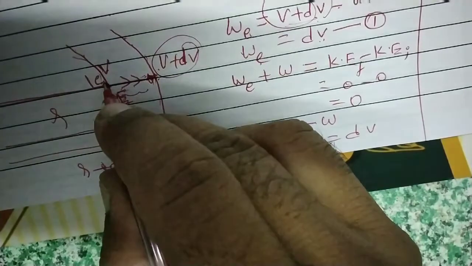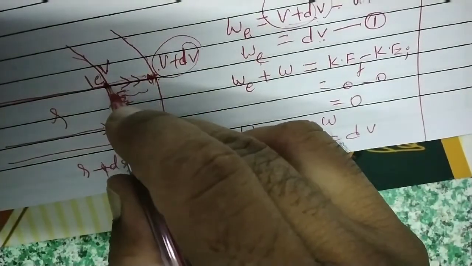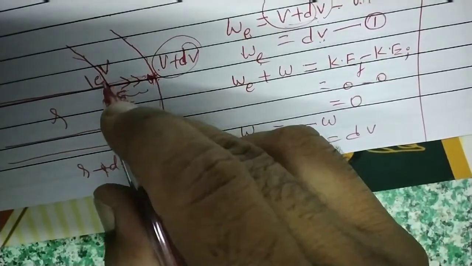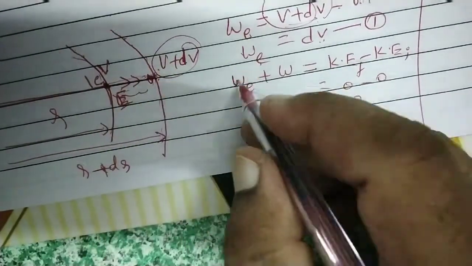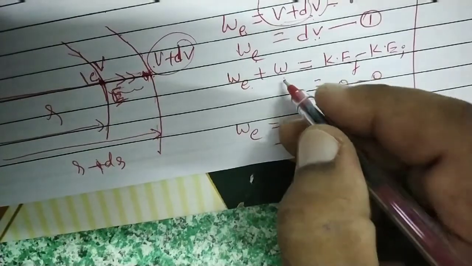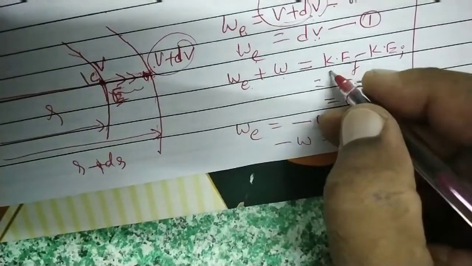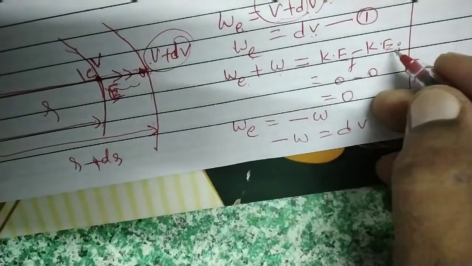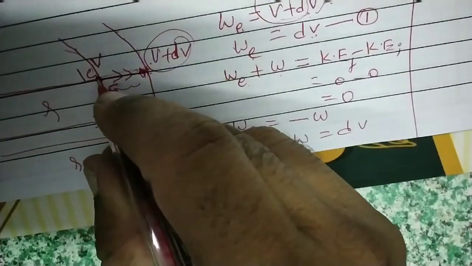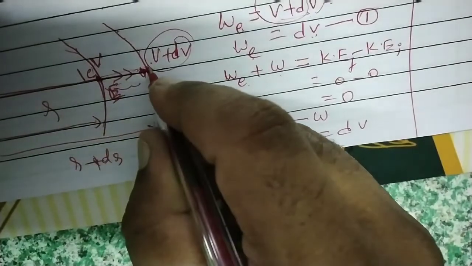But when 1 coulomb charge is being taken, actually 2 works are happening, because it is being displaced in an electric field. So the electric field also does work and we are also doing work. That is, total work done is the work done by the external agent plus the work done by the field, and it is equal to final KE minus initial KE. This is the work energy theorem. But final KE is 0 and initial KE is 0 because the 1 coulomb charge is at rest. Finally also it is coming to rest.